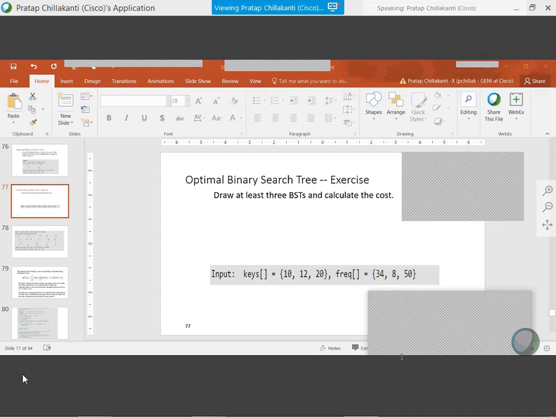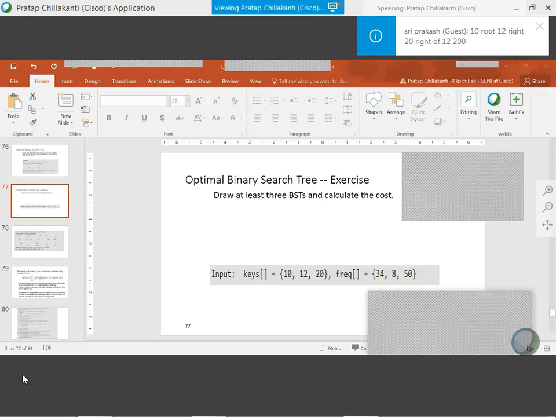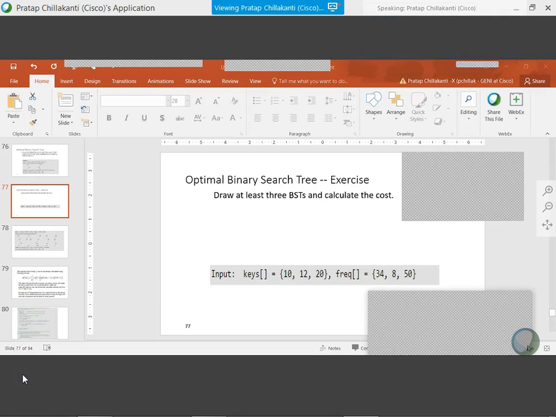See, Prakash, that's good. 12 root, 10 left. See, it's so easy, right? It's an easy problem to do. Okay. Now I made you do 3. Why did I make you do 3? See, Prakash, yeah, put it to everyone. Correct. Don't put anything to private. These things everyone can learn from, right? Okay. See, depending on how you organize the tree, as Sri Prakash is putting there, the costs vary. Okay, that is what we wanted to illustrate.